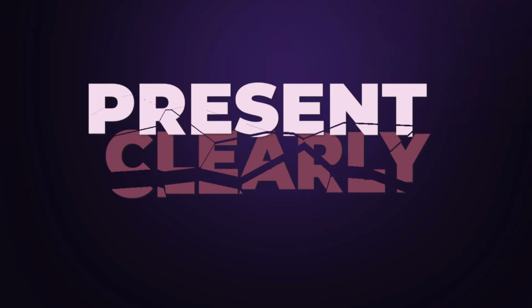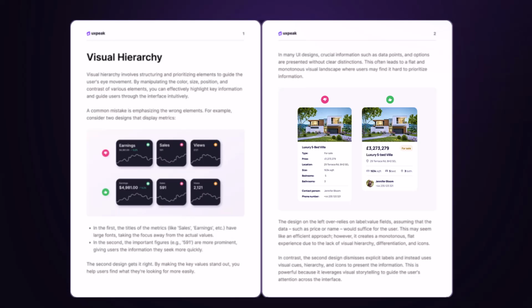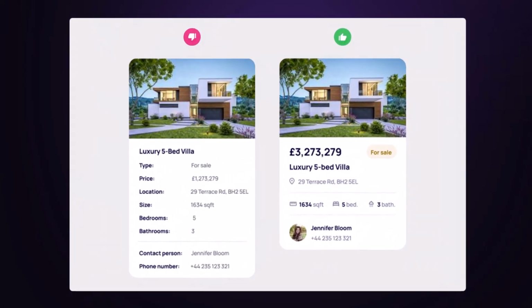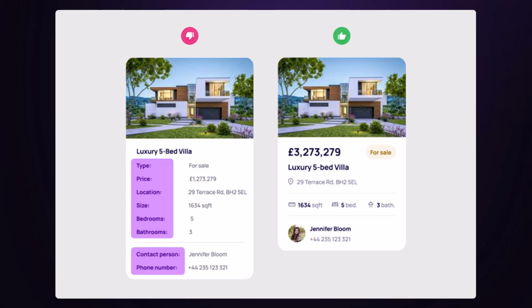Present clearly. Direct the user's attention. In many UI designs, crucial information such as data points and options are presented without clear distinctions. This often leads to a flat and monotonous visual landscape where users may find it hard to prioritize information. The design on the left presents a fundamental flaw. It over-relies on label value fields, assuming that the data such as price or name would suffice for the user. This may seem like an efficient approach, however, it creates a monotonous, flat experience due to the lack of visual